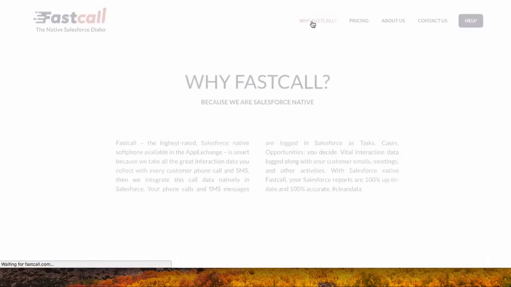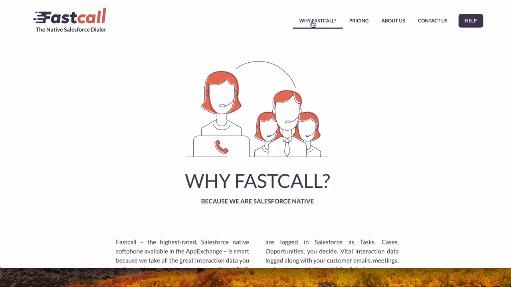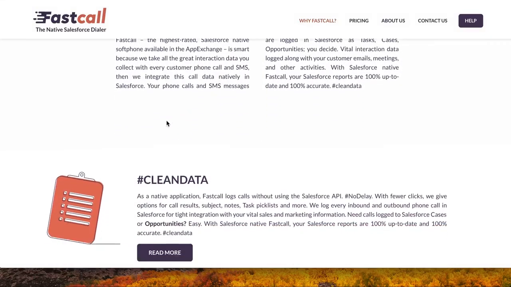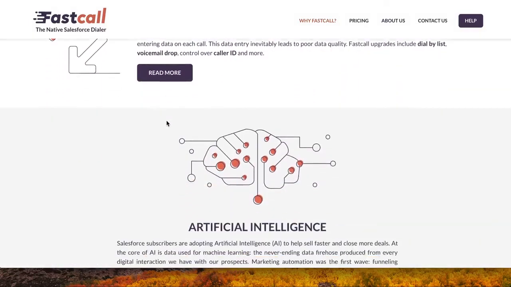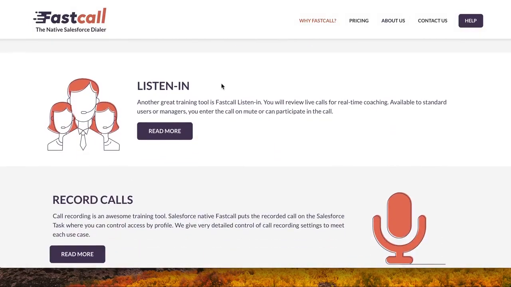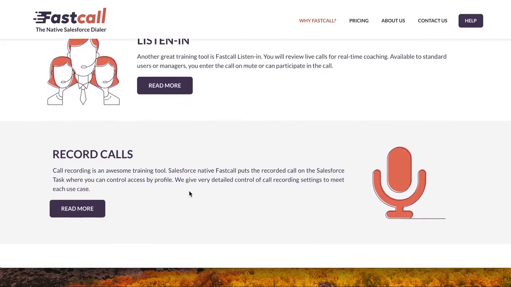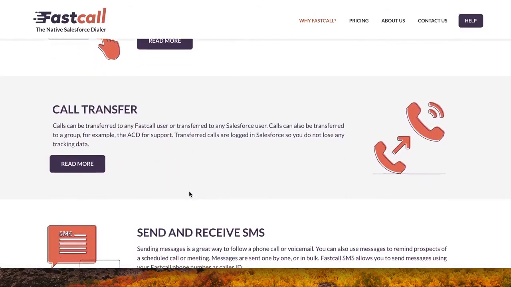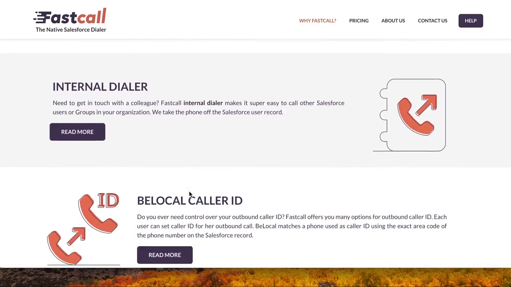So there's additional information on many of our more specific features on our website. So things like voicemail drop and dial by list, and some more specific information on inbound and inbound call routing, like IVR, interactive voice response, or ACD, automatic call distribution. We do have some specific data on each individual capability here. It's under why Fastcall, call recording, call transfer, but the user guide just wants to get you up and started